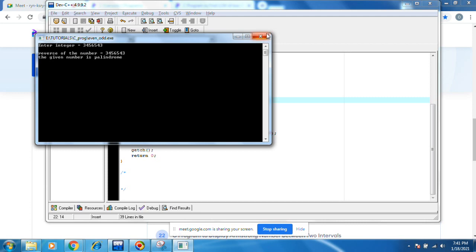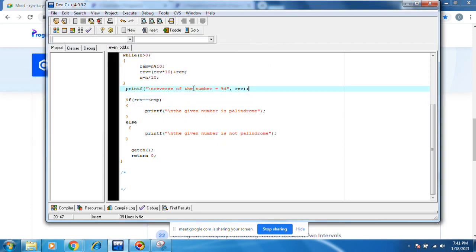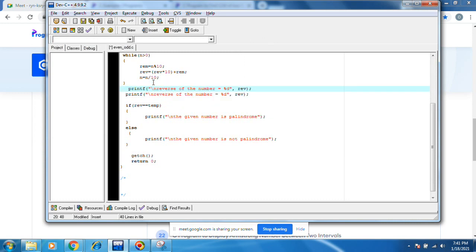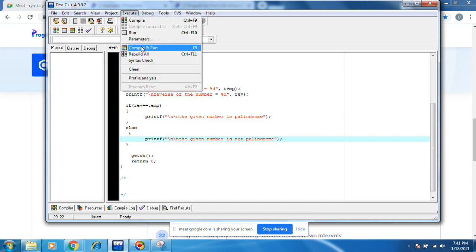You can write like this: the given number equals to percentile d temp, and then the reverse of the number equals to percentile d. Just two new lines. Display, execute, compile and run.